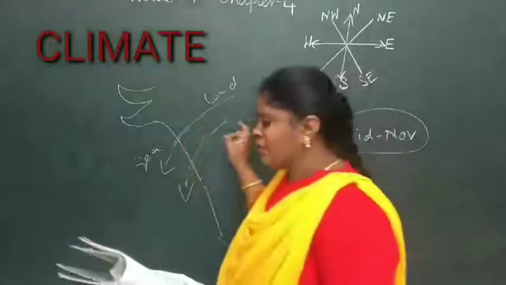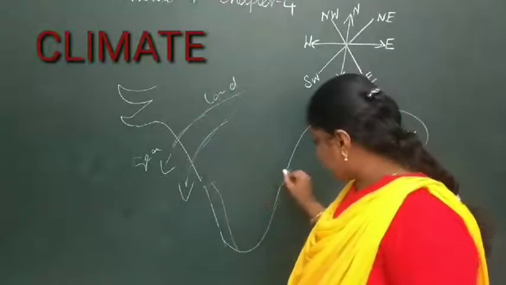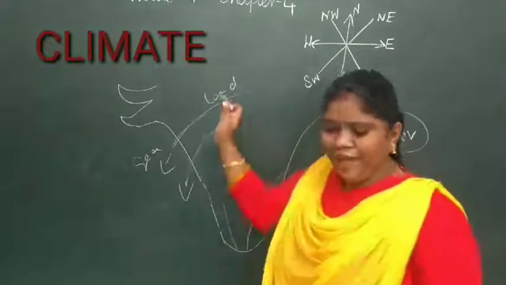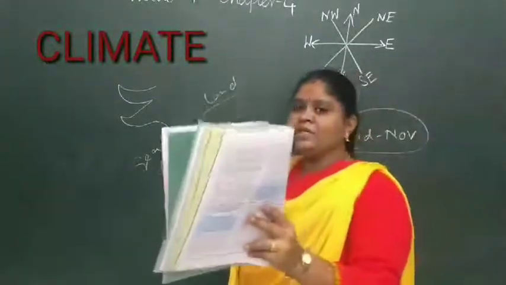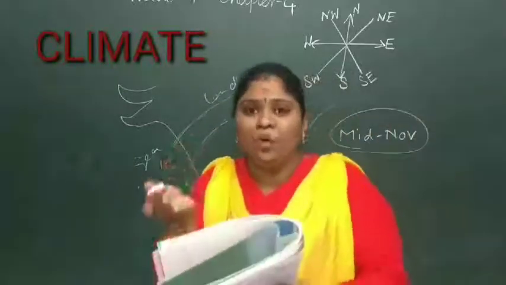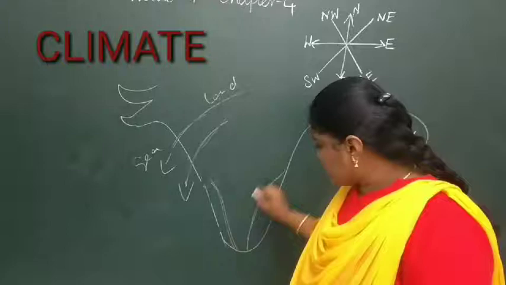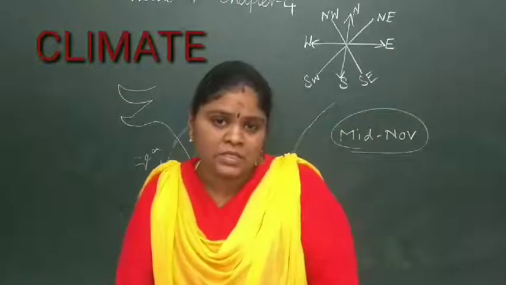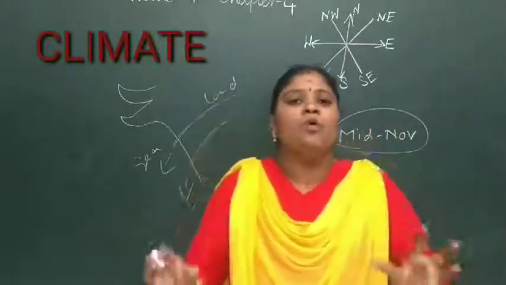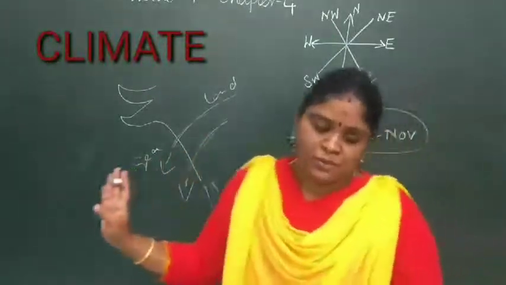Then you can see that when it is coming this way, it will reach the Tamil Nadu coastal regions. So when it is reaching here, think of it as if the air is blowing, and if I stop that with the book, what happens? It will crash over here, and if it has water content, it will pour down there. Similarly, when the air is traveling, you can find it is obstructed by the Western Ghats and the Eastern Ghats. When it is stopped by the Western Ghats and Eastern Ghats, a small amount of rain happens over there in Tamil Nadu and the coastal regions. So that is the thing.